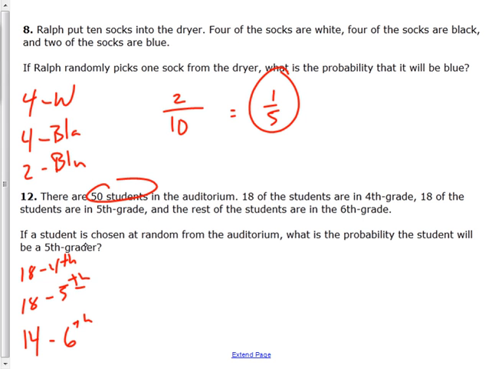So it says if a student is chosen at random from the auditorium, what is the probability the student will be a 5th grader? So it would be 18 out of 50. And then we can simplify those. We can divide by 2 to be 9 out of 25. So you have a 9 out of 25 chance of being chosen if you are a fifth grader. Again, we will always simplify to the simplest terms. So 18 out of 50 works, but 9 out of 25 is the correct